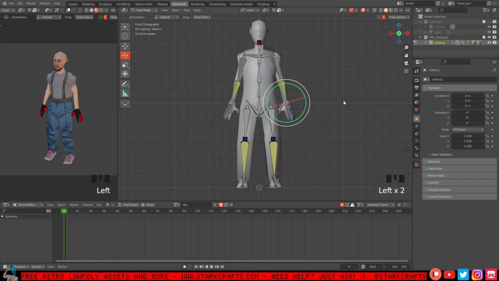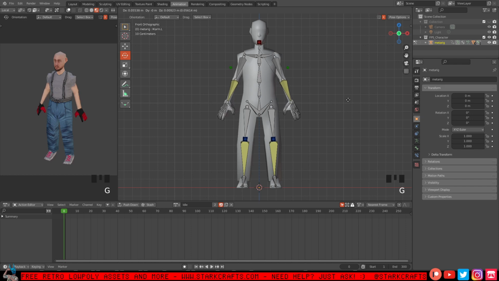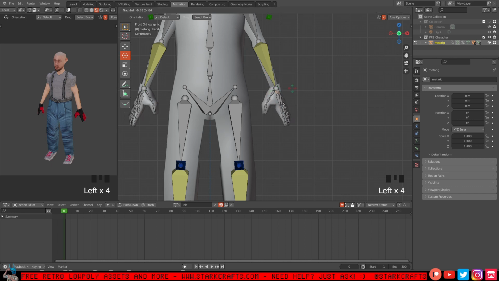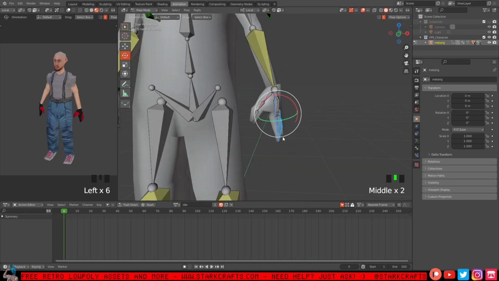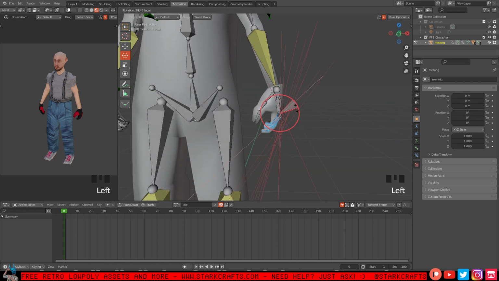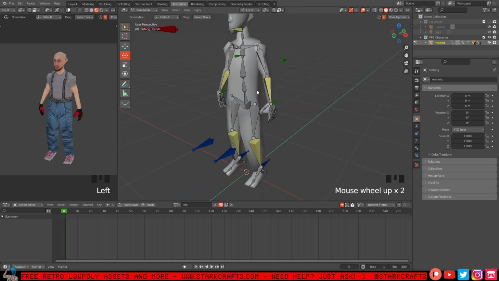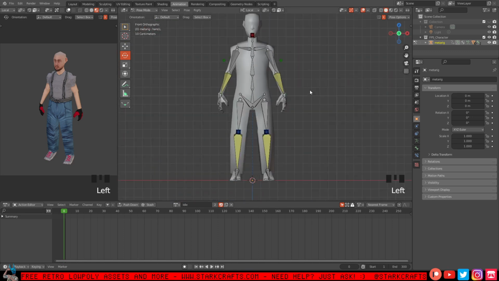Maybe let's bring up the arms a bit to give them a slight bend. Okay, nice. Let's rotate the arm a bit in, and let's bend the fingers. Okay, this looks like a pretty good base for